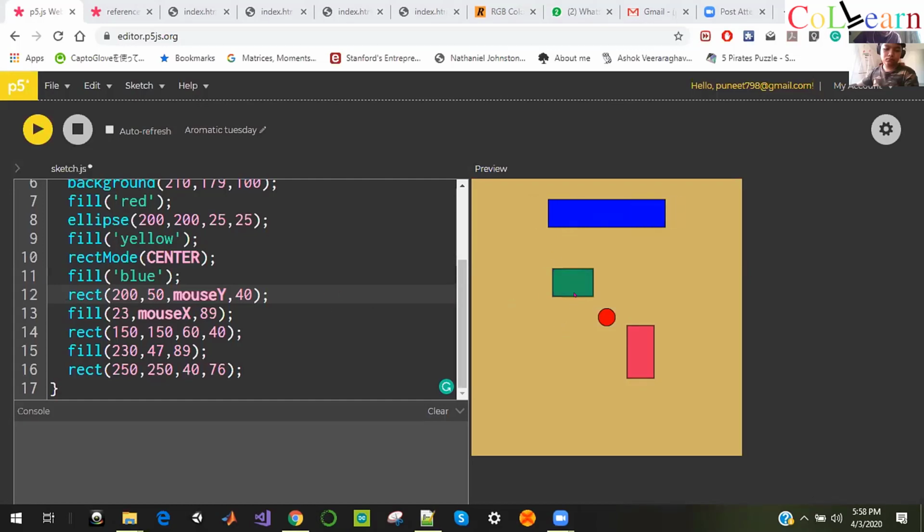Okay, has anyone changed the coordinates as well? So there is a change in the coordinates rather than length and breadth like I have done. Yes, the size is changing as we move the mouse. You can write mouse X and mouse Y anywhere and see how it moves. So everyone will get a different creative thing.